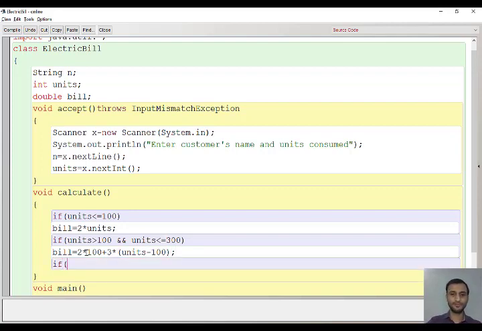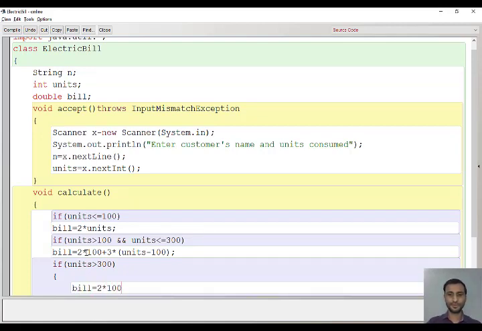And the last one, if units is greater than 300, then what you will do? You will calculate the bill. That is first 100 units is 2 plus next 200 unit is 3 plus 5 into remaining. Remaining is you have already paid for 300. Here 100, here 200 you have already paid.